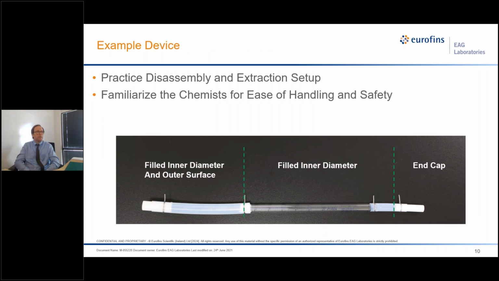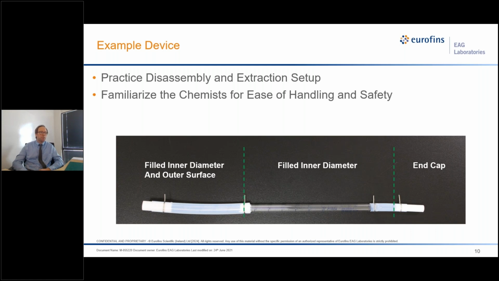Another thing that we sometimes like to see is an example device. We don't need this for every single project, but it can definitely be helpful for some of the ones where the extraction setup is a little bit more challenging, or where there may be handling or safety concerns with the device, right? So I'm thinking of drug-coated projects and maybe devices with trocars or sharps, other puncture or sharp hazard type things. So having this example device can be really helpful because there can be some brief practice in handling and